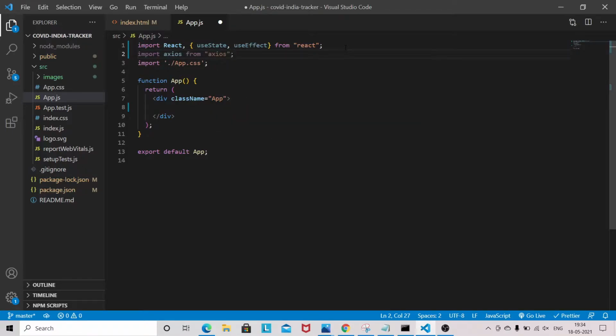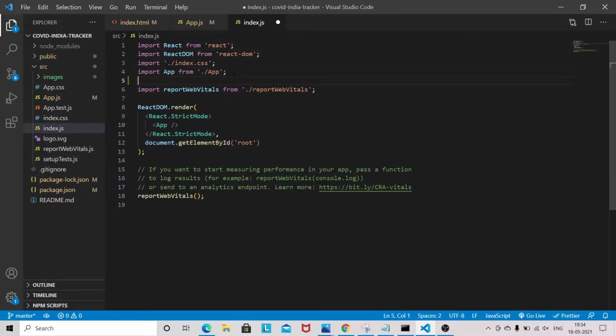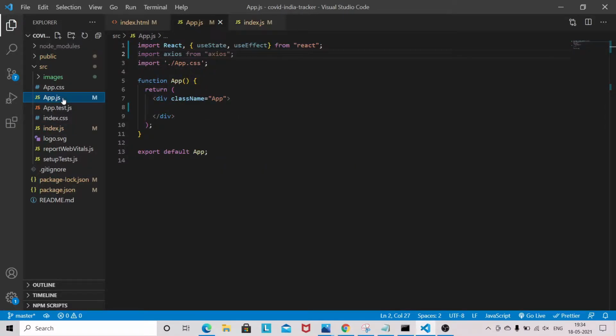Now in index.js, since we have to work with Ant Design in this project, we need to import the Ant Design CSS file, so you can go to antd.css. Now a couple of things we need here also.